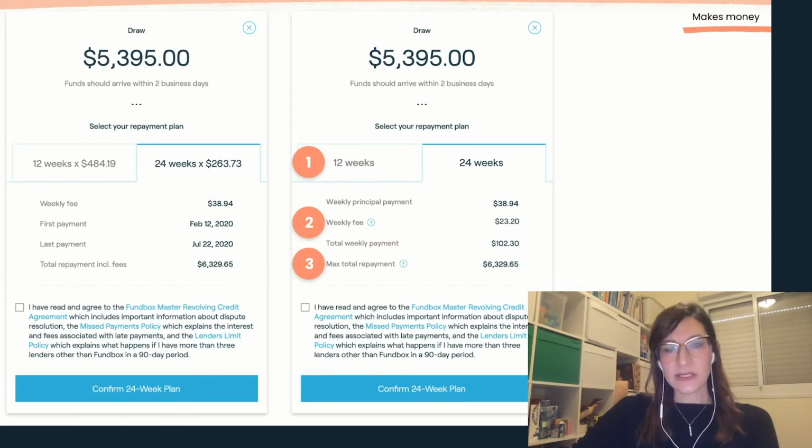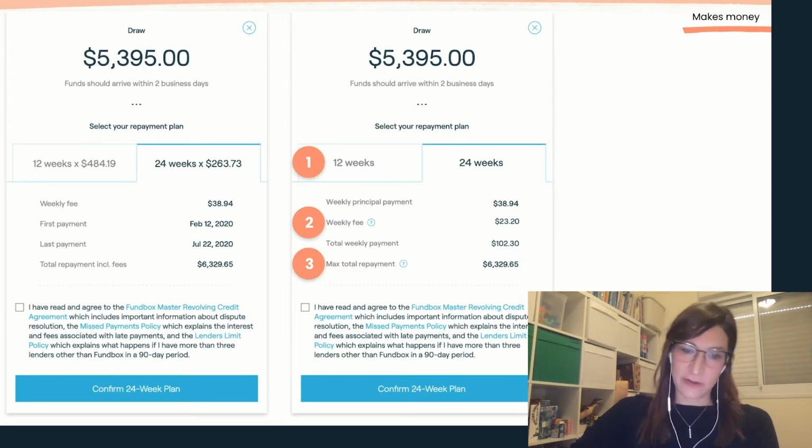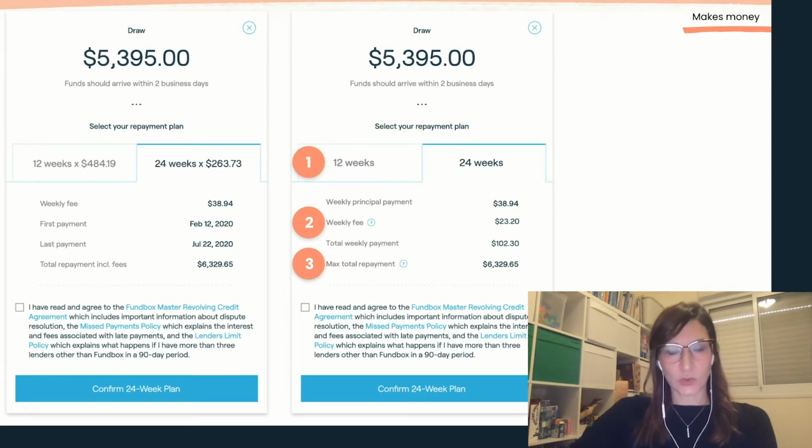$6,329. The thing is that there's a mechanism in the product where they can save on fees. So by telling them that $6,000 was their total repayment, they felt that they were going to be stuck repaying that no matter what, when they were previously under the impression that they could pay back less than that. So here we did 2 things. We added the word max so that they would see that this is the maximum it could possibly cost them. And implicitly, they understood that they could therefore repay less, and we added a tooltip with more